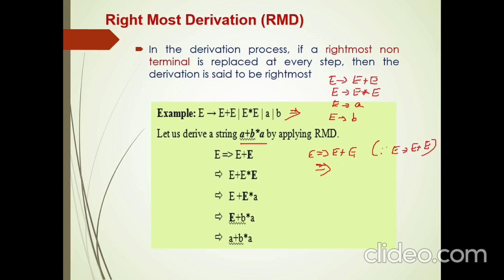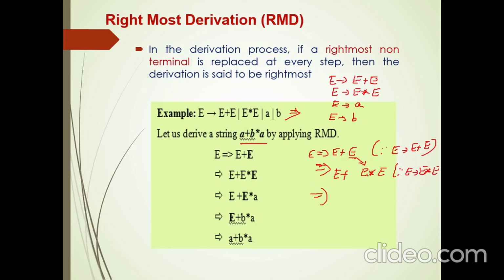So which is the right one to apply? The rightmost non-terminal in this is E. This E needs to be replaced by its suitable production. So it is better to get another operator. Let us replace this by E star E. Then we have, as usual, E plus E. So E gives E star E. Okay. Then we got plus. Now we got plus and star.